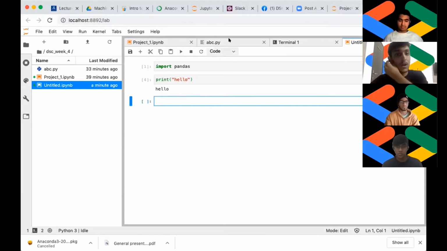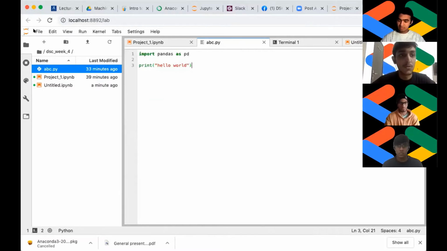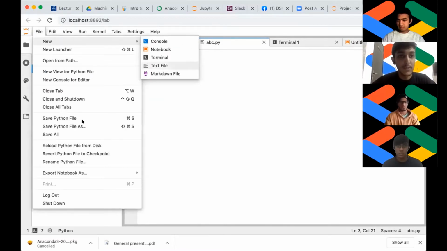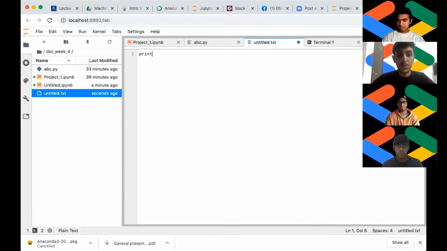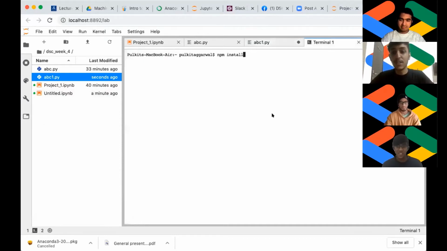Just one more thing: if you want to create a file, you can go to File and then New and then Text File. Just write whatever code you want to print, and then you can rename the file as abc1 dot anything, but with a .py extension, and then just go to terminal and type python